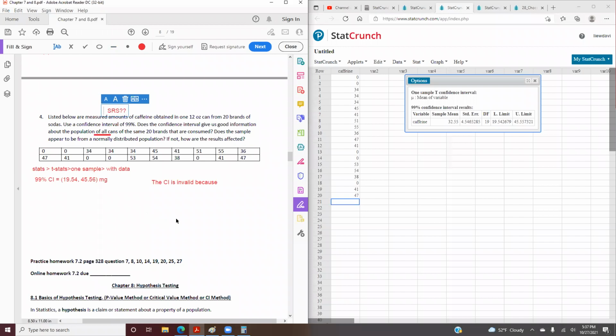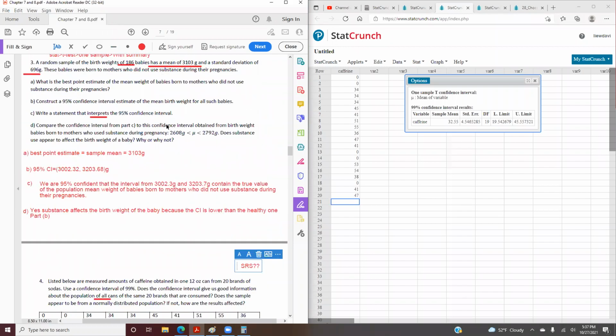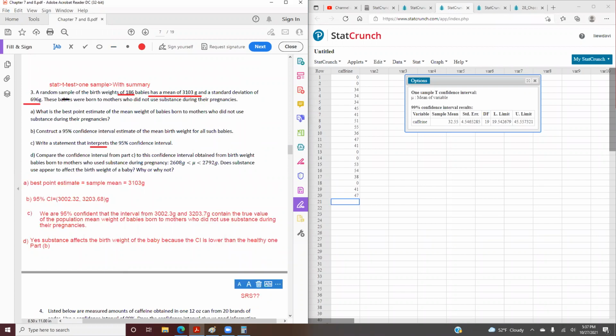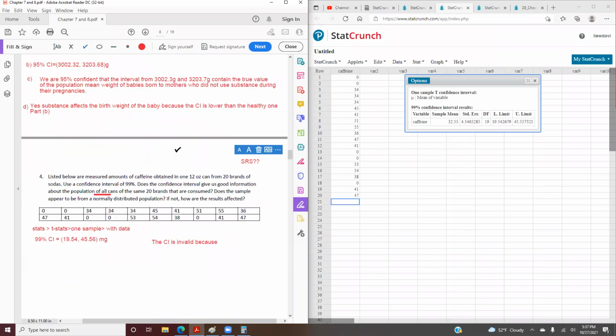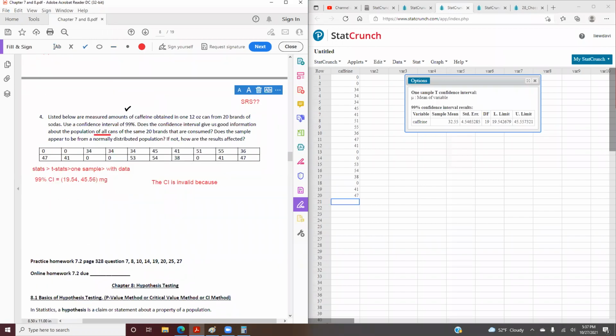Is this a simple random sample? Do you see the word random here? Here it has the words random sample, right? Then we can say this is a simple random sample. But does this have the words random sample? Does it have to have the word random in there? You cannot assume. But if you read it, it says